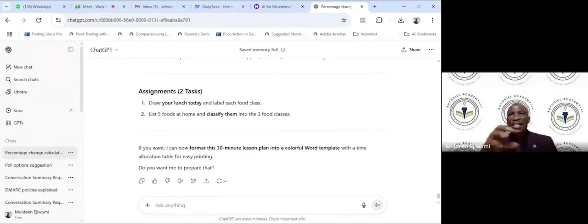Can you see? So these are the little clauses you can be putting. Reduce by 30%, write more by 70%. These are all the things you can use to fine-tune, to redefine your prompts.